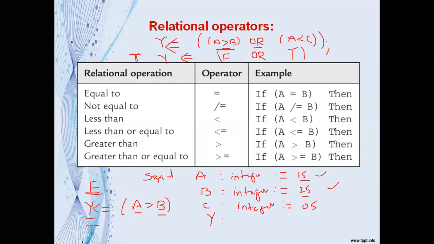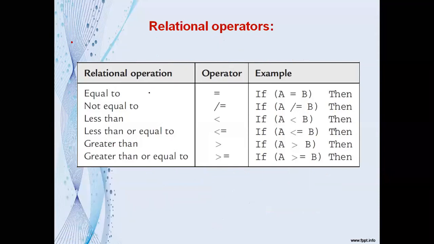And what are the various relational operators here? The various relational operators are: equality, inequality, less than, less than or equal, greater than, and greater than or equal. Here you have 6. The first two, equality and inequality, are permitted on any type except the file type. You can use the equality and inequality operations on any type except the file.